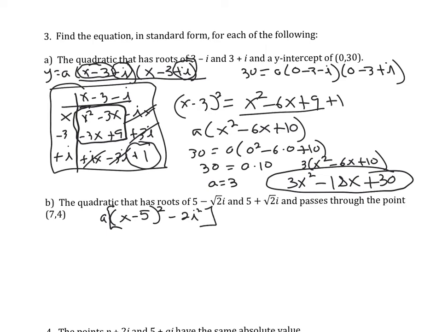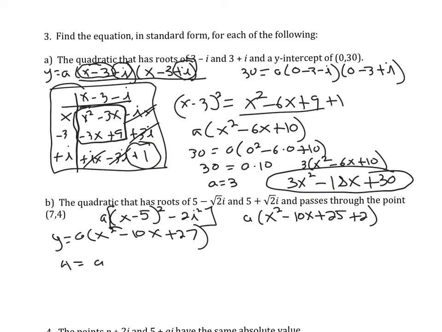So here's what we end up with. We end up with a times x squared minus 10x plus 25, and then minus 2i squared gives us plus 2. So we end up with a times x squared minus 10x plus 27. When we substitute in, we're going to get that 4 is equal to a times 7 squared minus 10 times 7 plus 27, which means that 4 is equal to a times 49 minus 70 is negative 21,